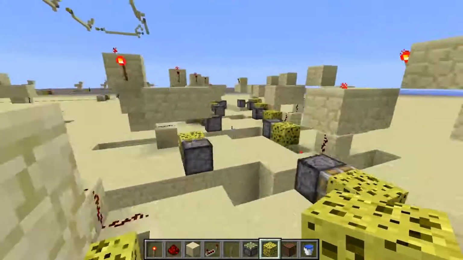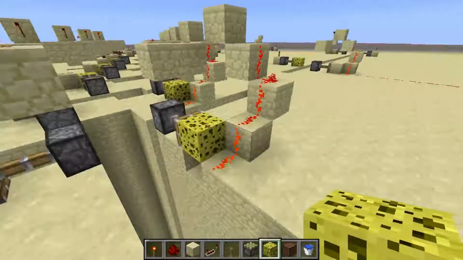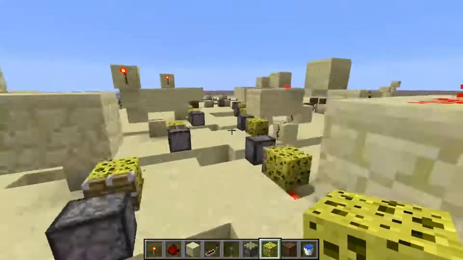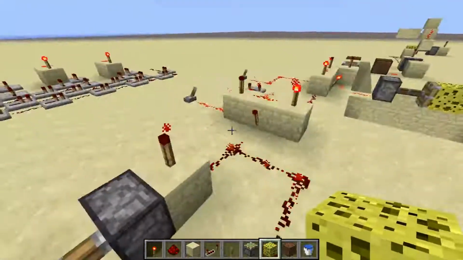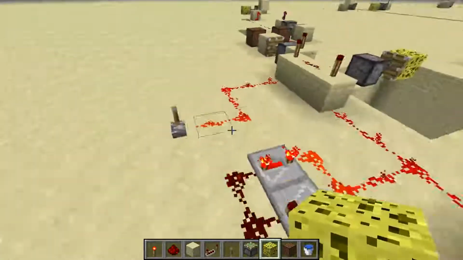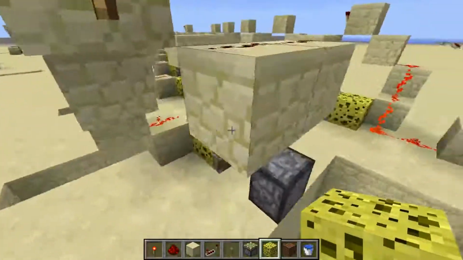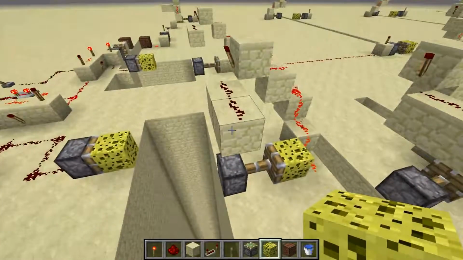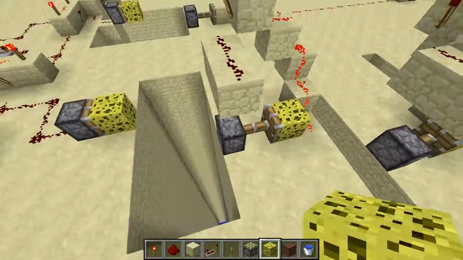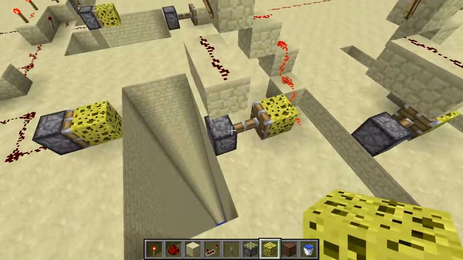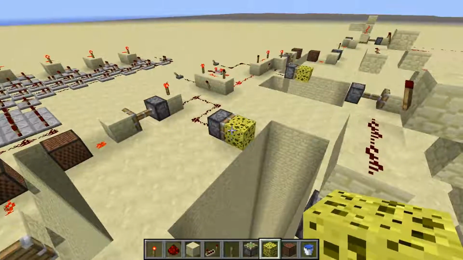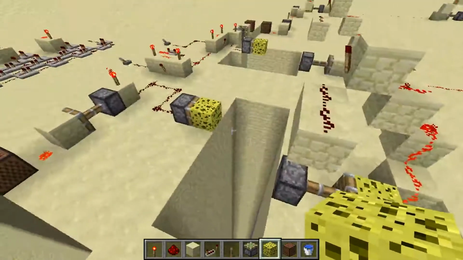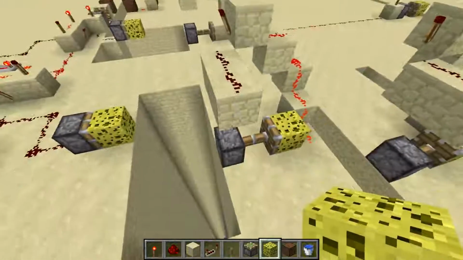So basically, I guess you can figure out how it works. It's just a very, very simple block update detector. Let me just deactivate it. As you see, the piston right now is in an invalid state. It's powered nowhere, but it's not updated. But as soon as the piston receives a block update by this sponge, it will retract, which